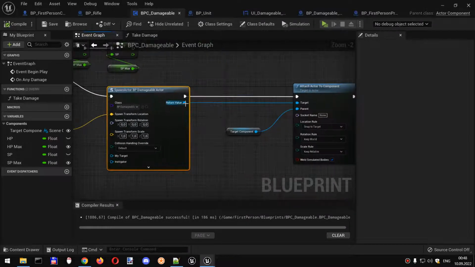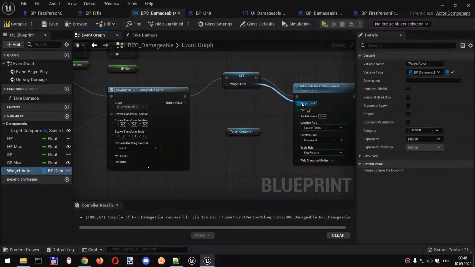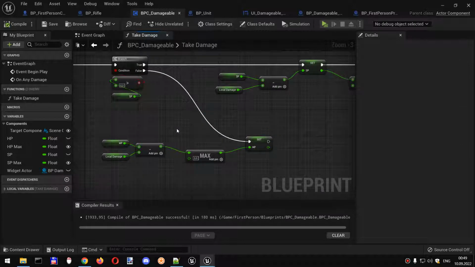So we can actually remember it and call it widget actor. Yeah, like this. And inside this take damage, we can just update it, but I will make a new function